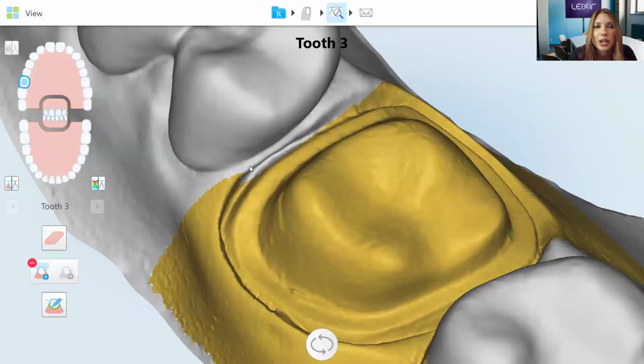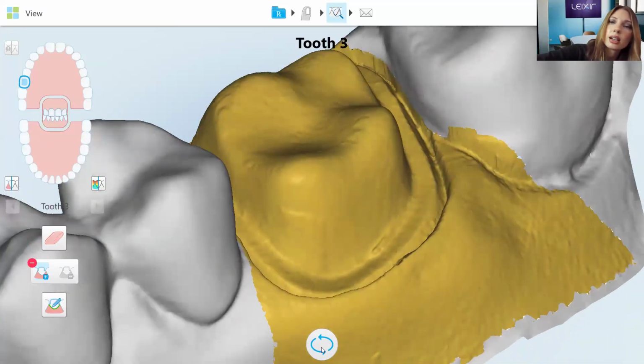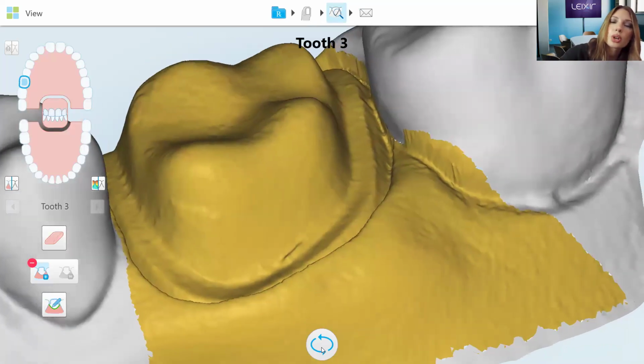Okay, so we're going to add this in here. I'm going to make my line here. And I still want to include that tissue there. All right, so that's going to add that in. I want to re-add this part in here. Missed that. Okay, and then I'm going to lock my model again because right here, I want to make sure